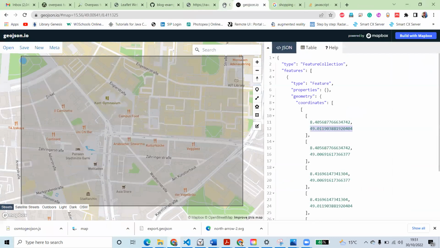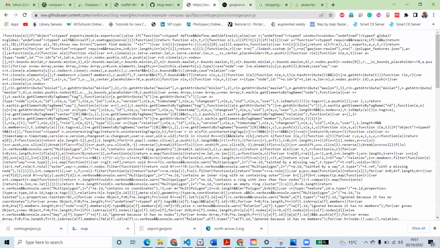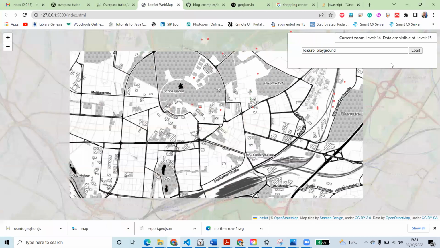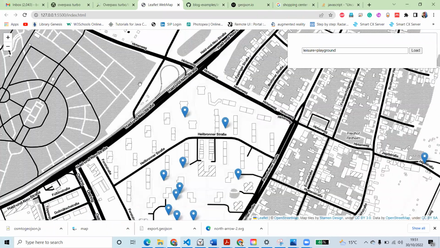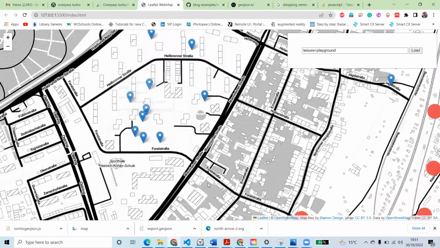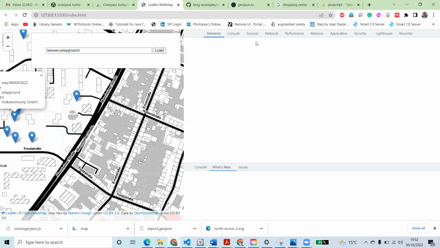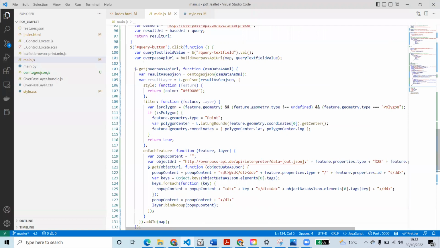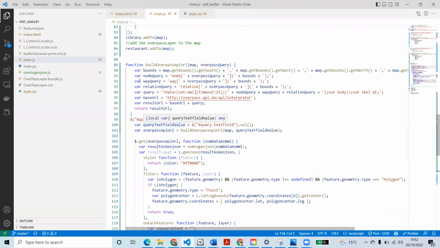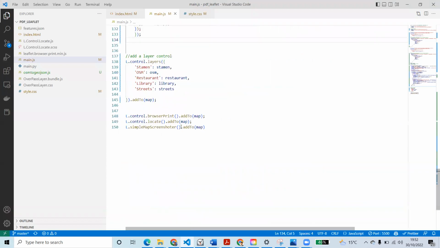I can close it. So in here, in this map, there is a problem. Oh, yeah, this has been loaded. The leisure has been loaded. We can see, but there is a problem with street is not defined. Okay, street is not defined. So what is the new name of this? Yeah, we have added to the main map. So I will just remove this street and save it,